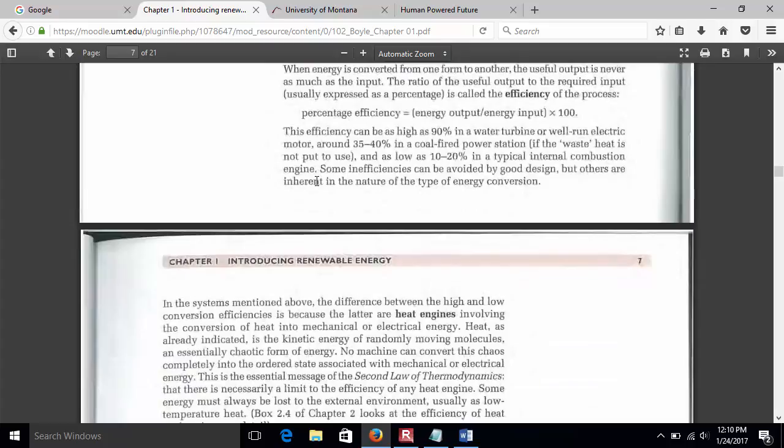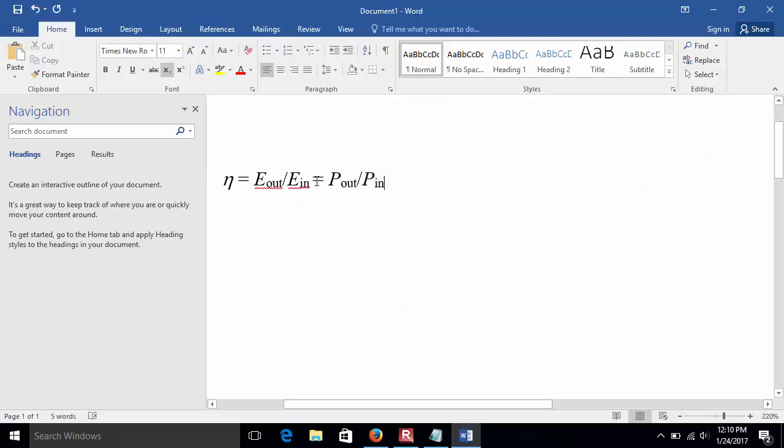Hydro can be as high as 90% efficient. Very little of that mechanical energy turns into heat. Most of it goes right into electricity. Coal-fired power plant, 30 to 40%. Why is that? A couple of folks did not get this correct, so I'm just going to copy this, paste it,